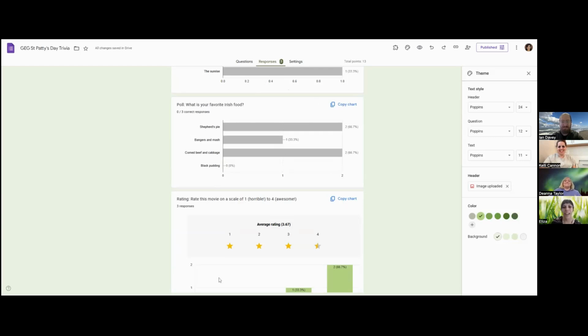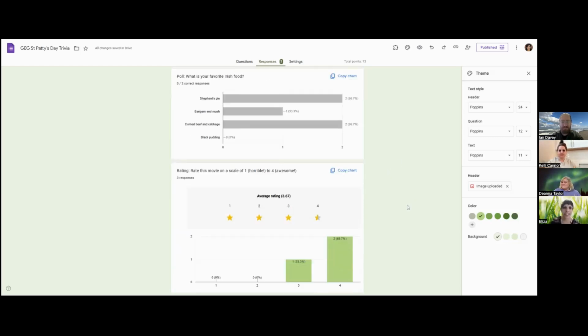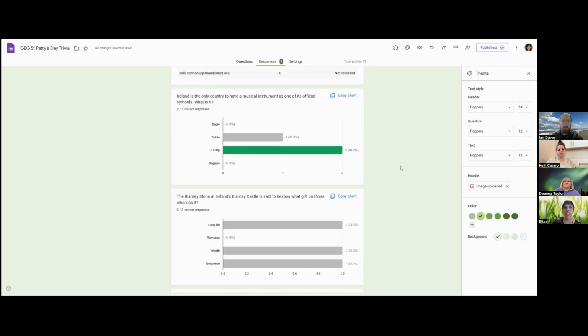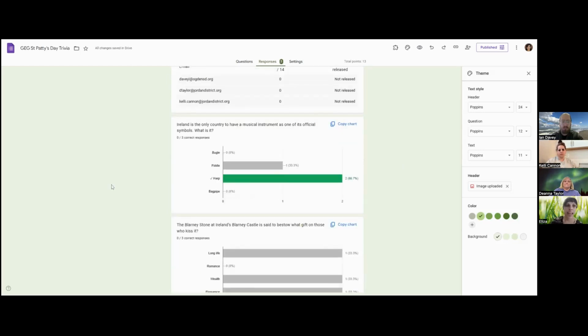So really a good way to just get some feedback from your students. I really like using this strategy to get some feedback from my students after a unit or after a term or a semester to just pick their brains a little bit about what assignments worked well for them, what teaching strategies worked well for them, what they enjoyed, so that I can improve my own instruction. Okay, so that is Google Forms for assessment and feedback.